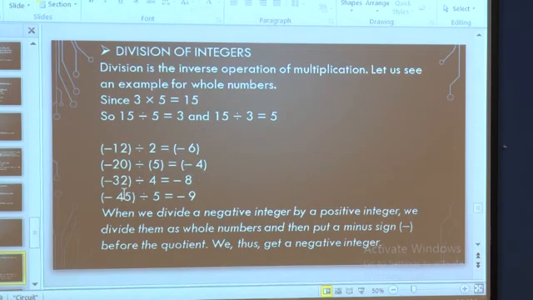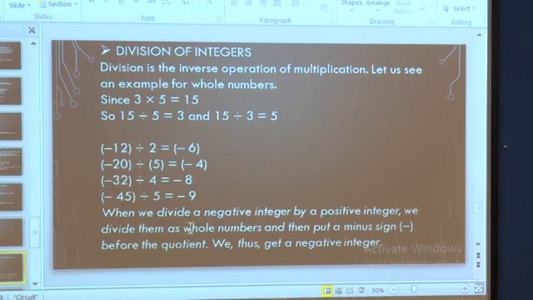A similar example is minus 32 divided by 4 is equal to minus 8. Here also, what had I done? I had reduced it by 4, 4 8s are 32, so it is minus 8. Minus 45 divided by 5. Very simple, because all are very similar examples, so you have to recite the table of 5, or you can reduce by 5, that is 5 9s are 45, and it is a negative integer, so we have to write a negative sign over here.